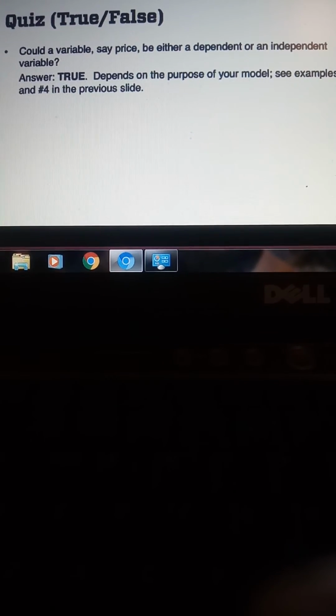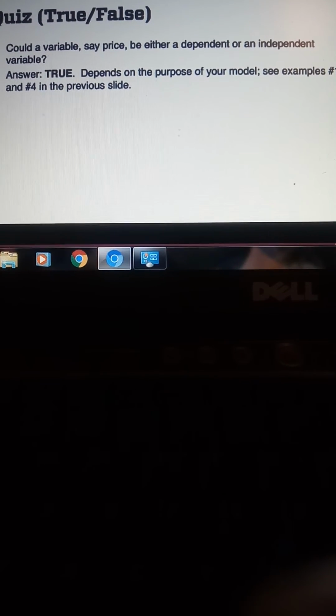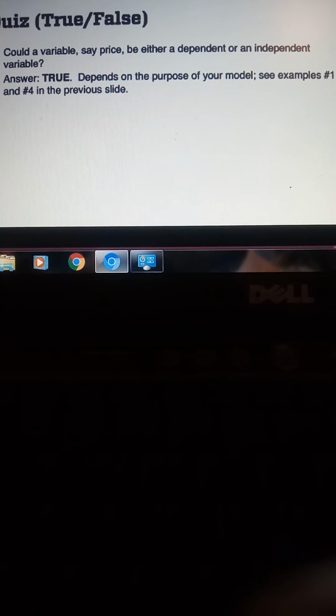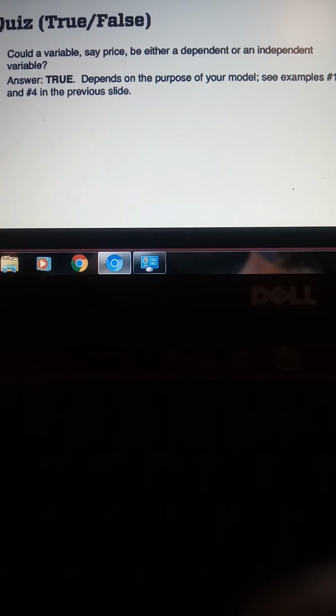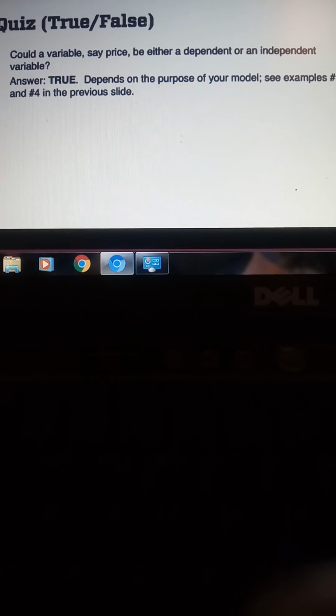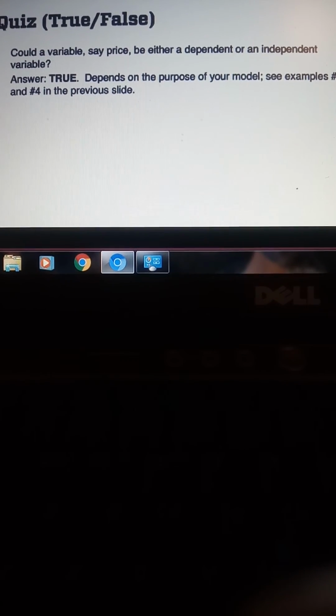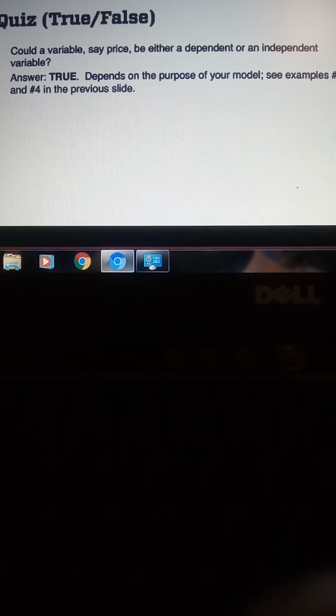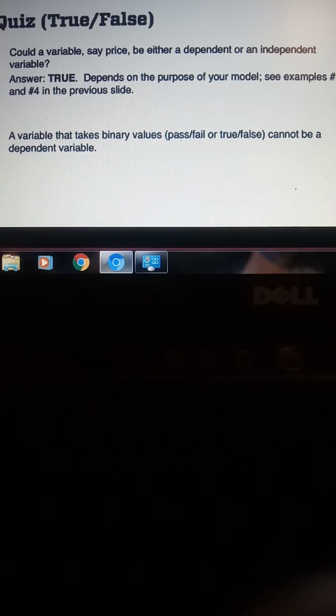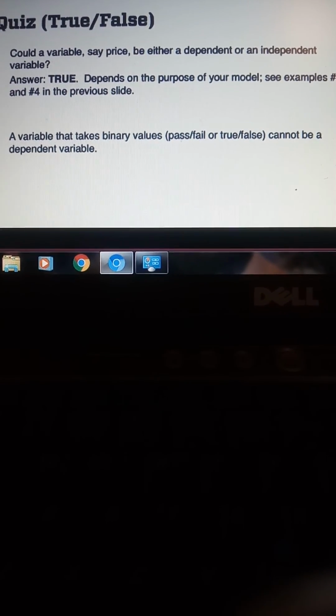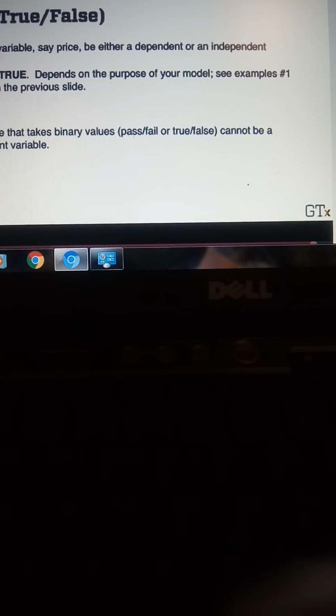The answer is true. We've seen a few examples in the previous slides. So depending on the purpose of your model, see examples 1 and 4 in the previous slide, price could be either a dependent or an independent variable in a regression. The next question, a variable that takes binary values, that is pass, fail, or true, false, cannot be a dependent variable. The answer